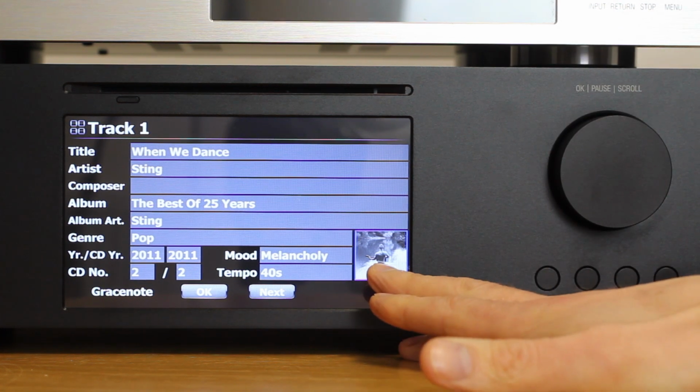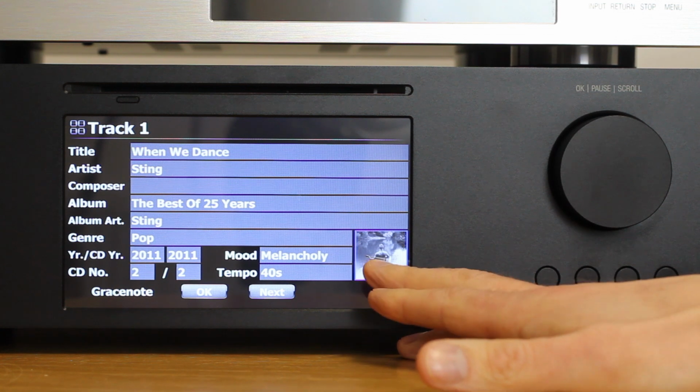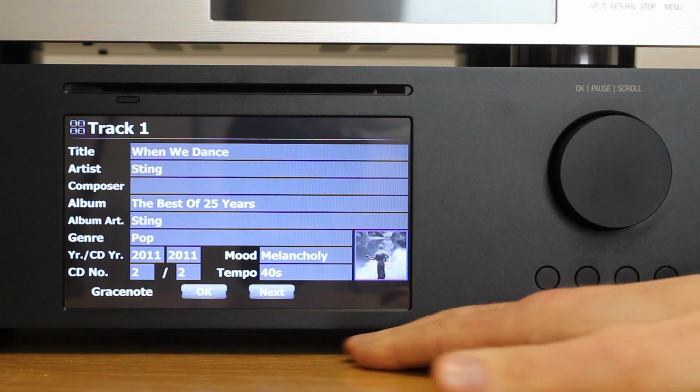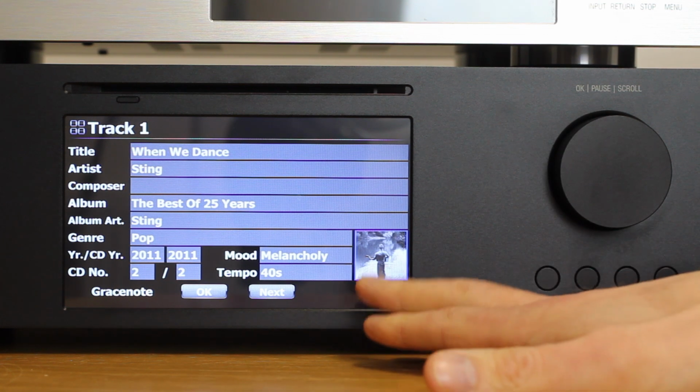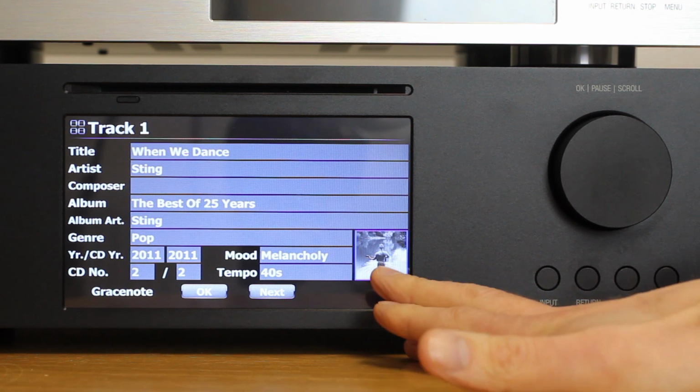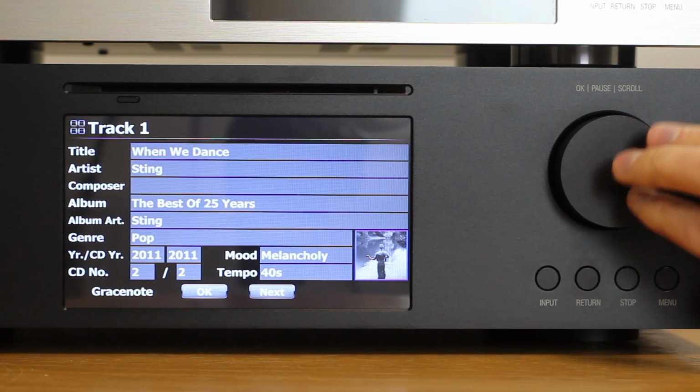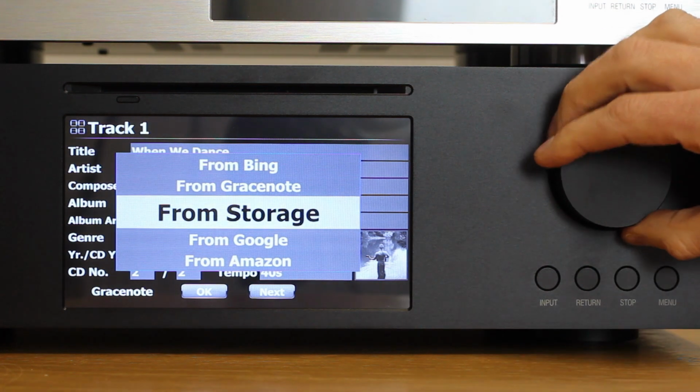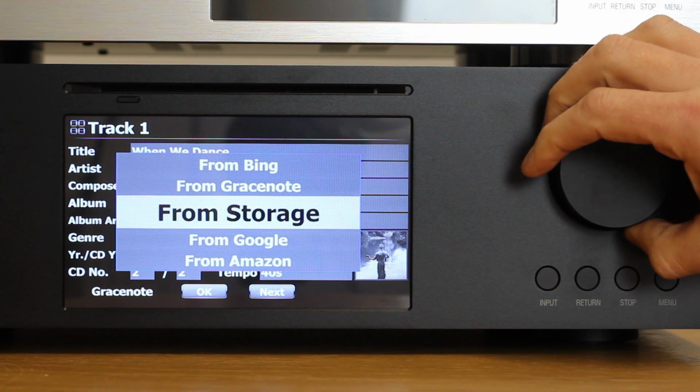This might be a time where you want to change the CD artwork. This is the most likely thing to be wrong. It's correct this time. A lot of the time it's not a problem at all, but if you need to change it, you can highlight that with a blue box, select that, and you've got various options here for finding